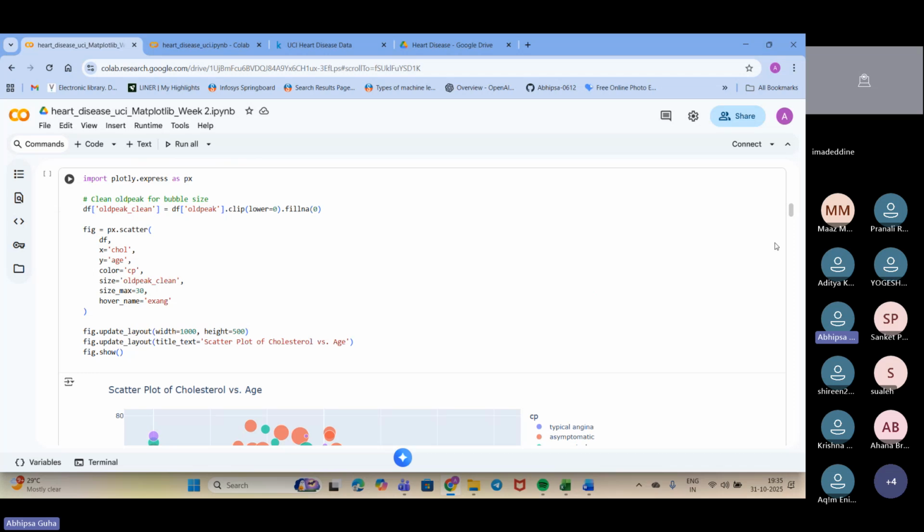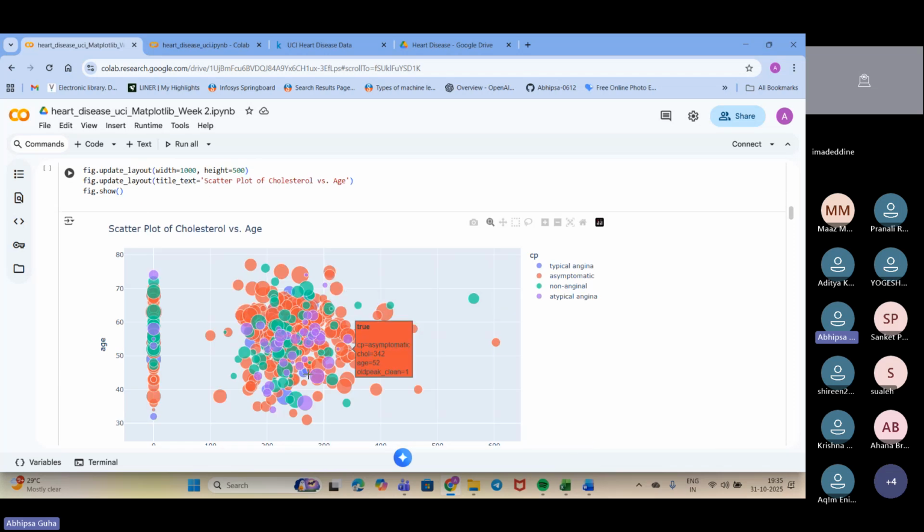That's fine. So just moving into this plot. What exactly are we doing? What is the logic up here? First understand that. We have cholesterol and we have age. While representing the chest pain type, that is CP, with different colors, we are identifying the chest pain type. And the age, what we are doing with the age.